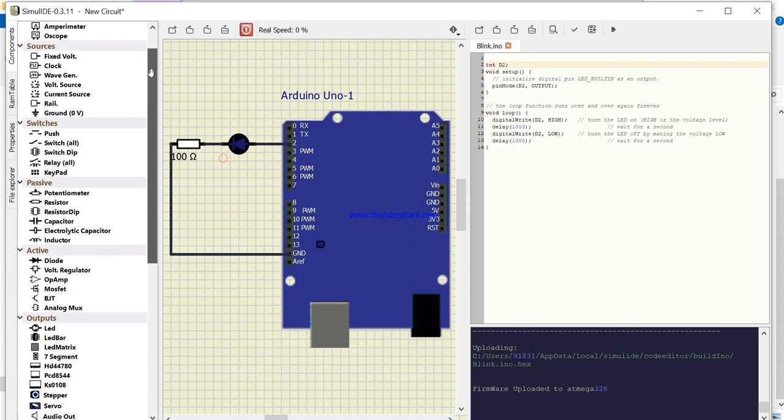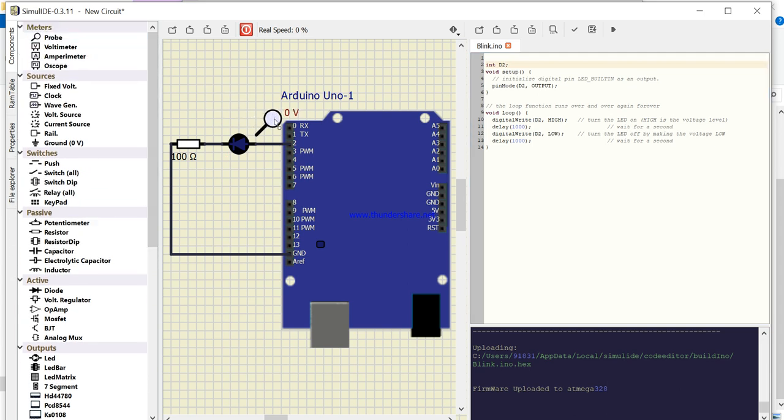Let's check and debug. Come here and check the output. It's not generating any voltage.